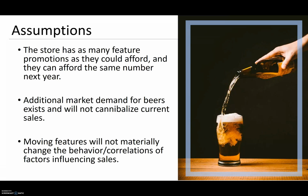We recognize that this is probably a broad assumption, and that there will be some cannibalization, which will ultimately detract a little bit away from the revenue recommendations that we demonstrate. However, with only having 1 year of data, we didn't feel as though this would be a significant barrier to our recommendation. And then finally, we also assume that moving features from one beer to another would not change the